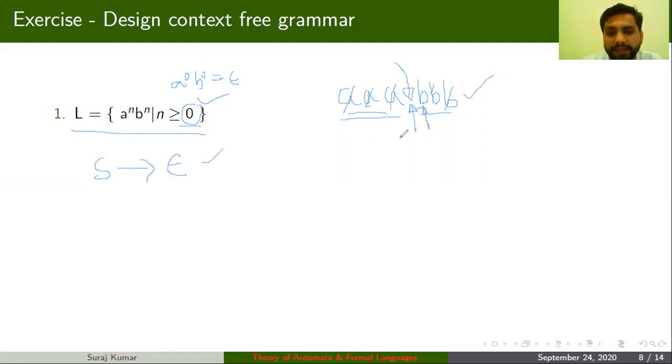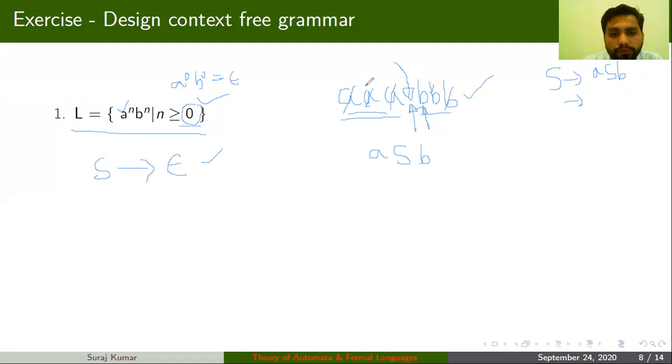Now it is our turn to find the recursiveness here. If you take this variable S and you write A here and then the matching B here, you can generate every string which is produced by this language. Suppose you wanted to generate this string, you can write S implies ASB. Now your one A and one B have been generated.